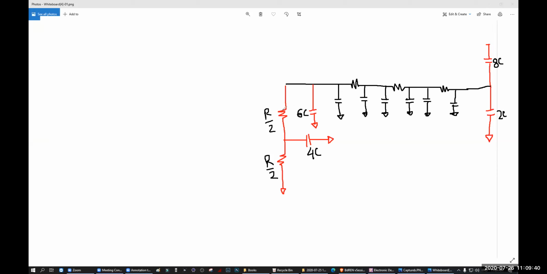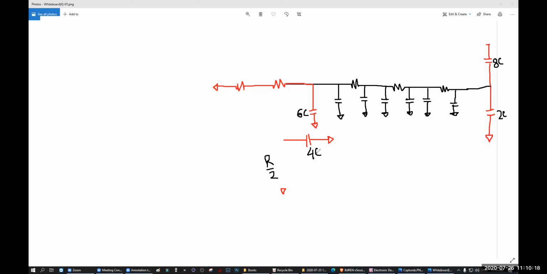Now this resistance, I'm going to take the whole part horizontally. Got my point? So how can I do that? I'm going to erase this and use a red wire. R by 2. R by 2. Then you have what? Ground. Then you have a capacitor here, 6C.